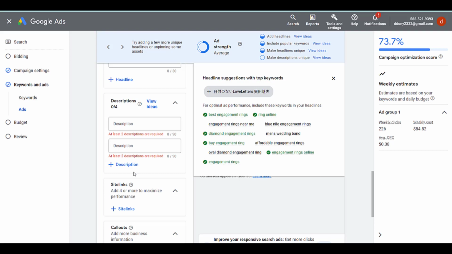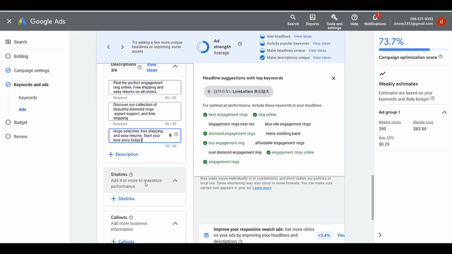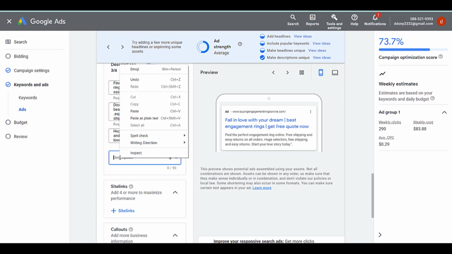So alright, I just went ahead and filled in this ad description. You can put another description.